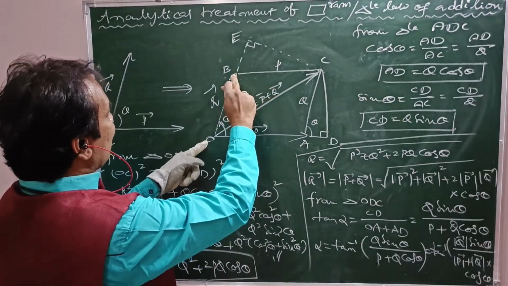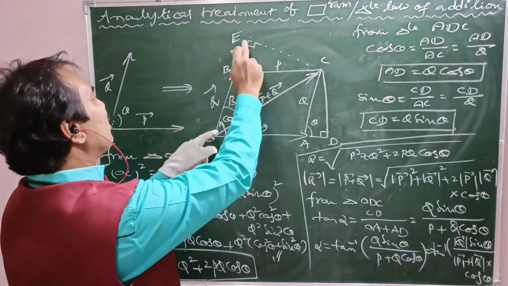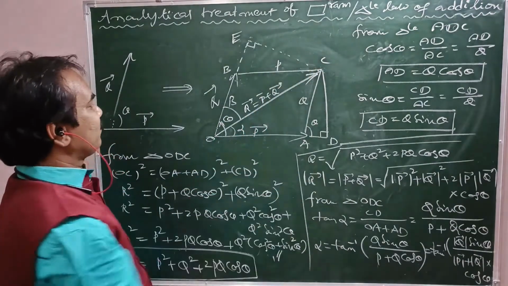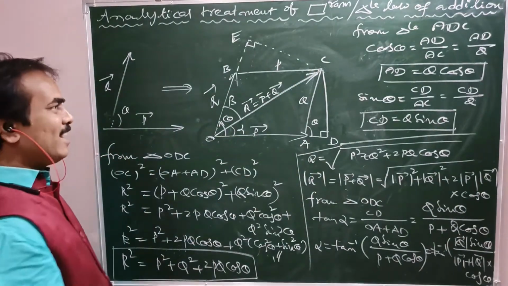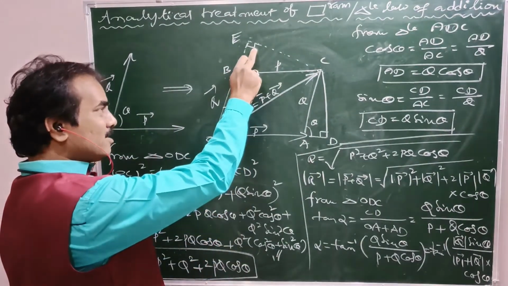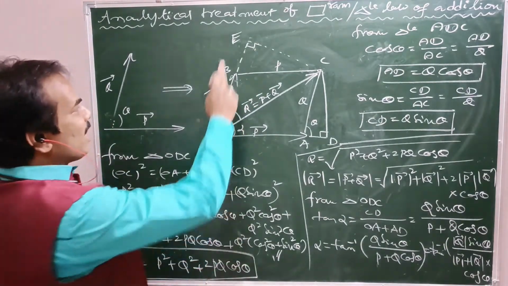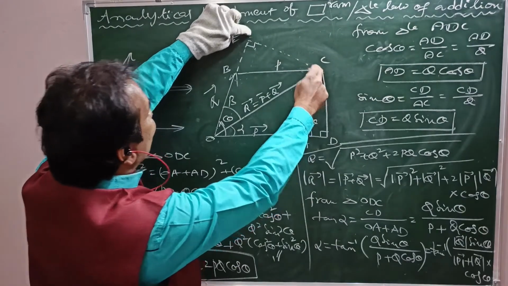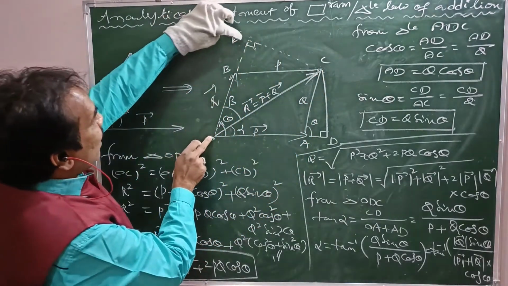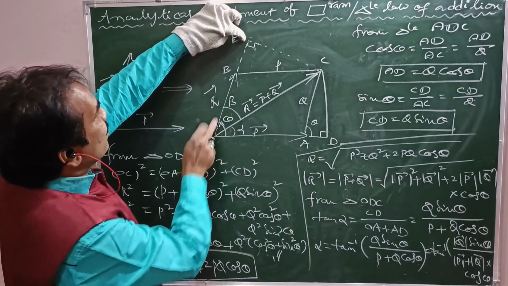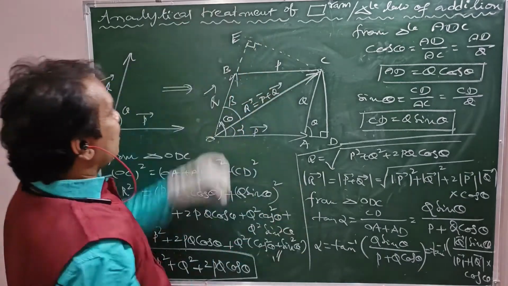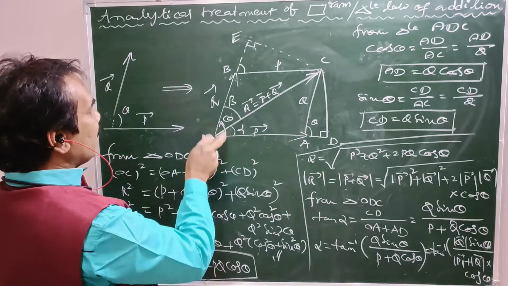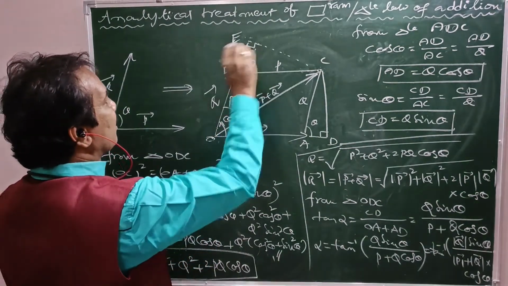Extend this. Otherwise, push this vector from here to there. So therefore, to form the right angle triangle OEC. OEC is the right angle triangle. Here the angle is 90 degrees. Now in this triangle, take tan beta. Tan beta means opposite side by adjacent side. This is the adjacent side, from here to there adjacent. This is opposite. Right. Now what about the angle here? Here it is theta. Here also theta.